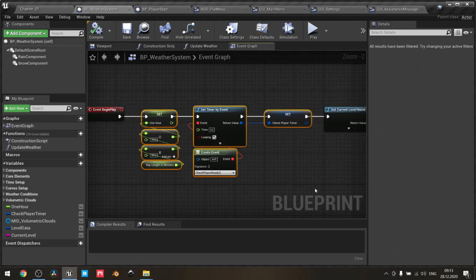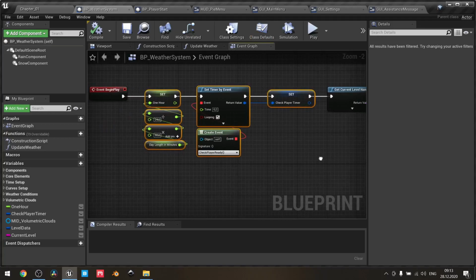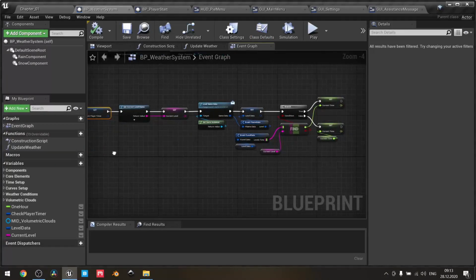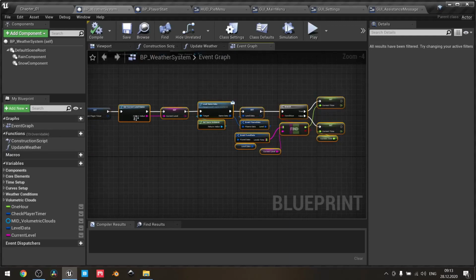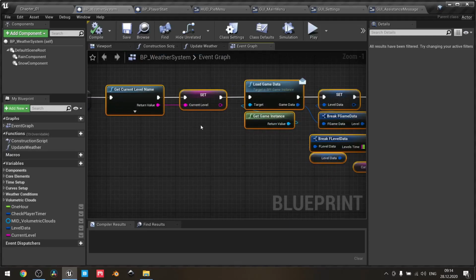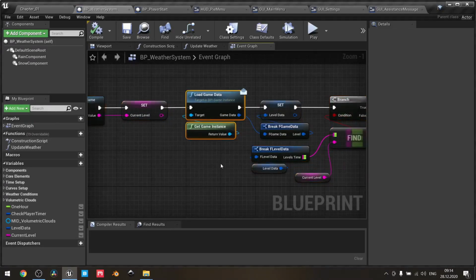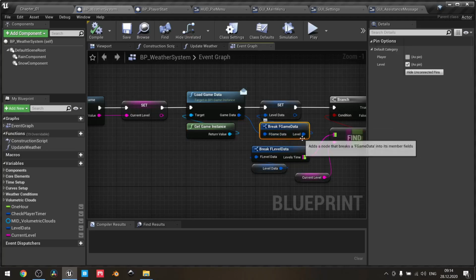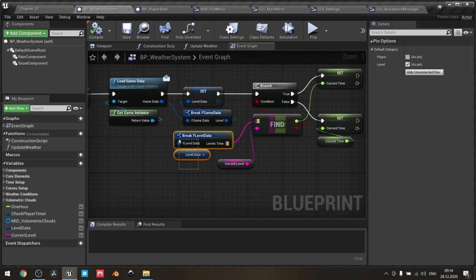So this one is the same. The only new thing we need to add is this part of logic. We use get current level and provide it as the local reference. Then we unpack the save data, break the structure of FGameData, and I use only level structure to save it to local reference. Then I break the structure from level data and use only levels time map,